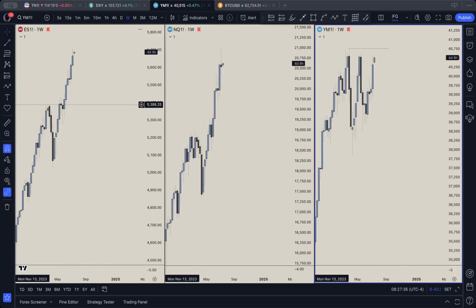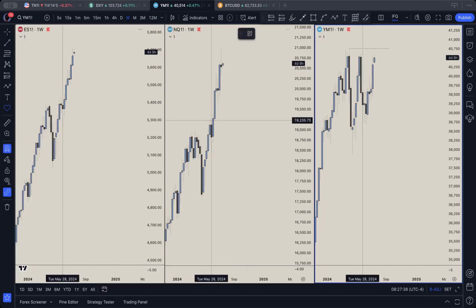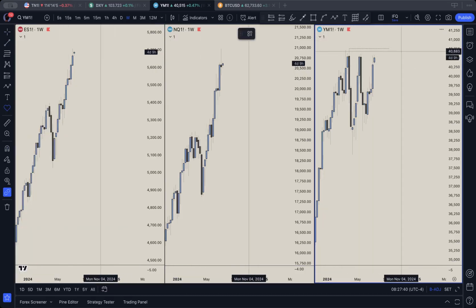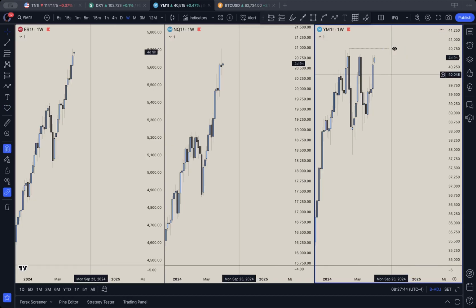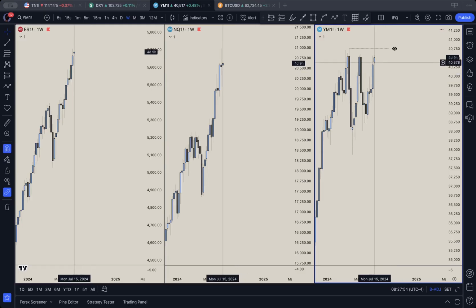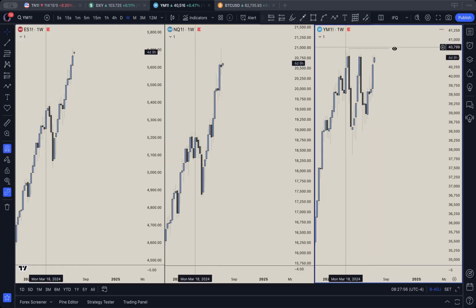So that makes sense. And so if that's the case, if we were to manipulate, I would say I want to see some sort of bearishness initially in the week and then bullishness towards the end of the week. If that makes sense. So that's what I would prefer to see. But if we instantly get bullishness through this level, maybe we could see like a wick and then maybe some